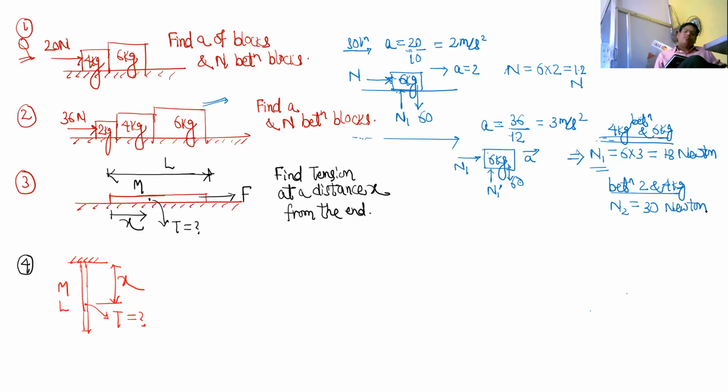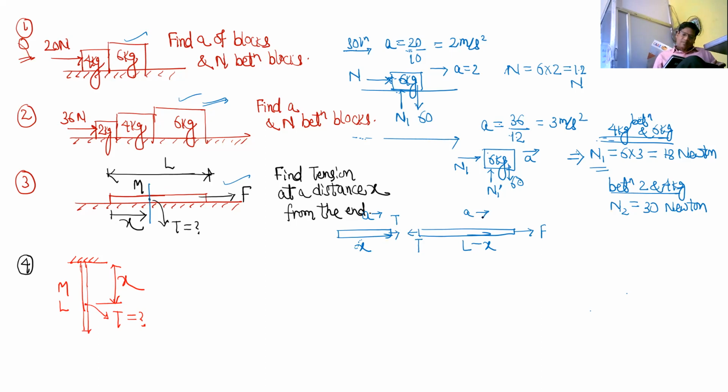Yes, sir. Now just like we were solving these questions, this question can also be solved in the same way. Just assume that this is a combination of two bodies. You break it here and assume that this is a combination of two bodies: one left side part of length x and one right side part of length L minus x. And the free body diagram is, for this part, this side is force F, this side is force T. For this part, this side is force T. There are vertical forces acting, but I'm not showing them. And they are moving with the same acceleration A.